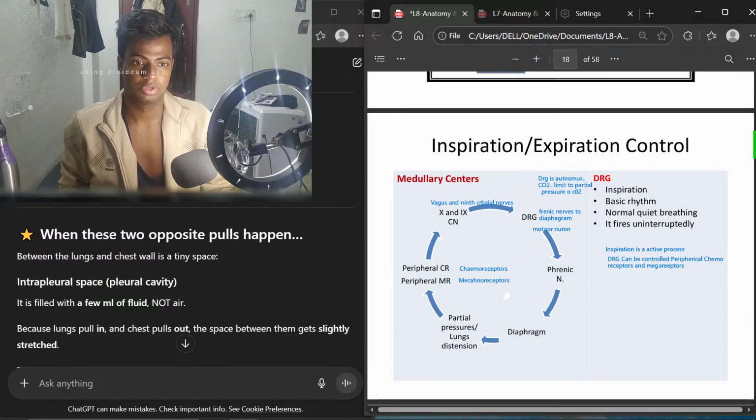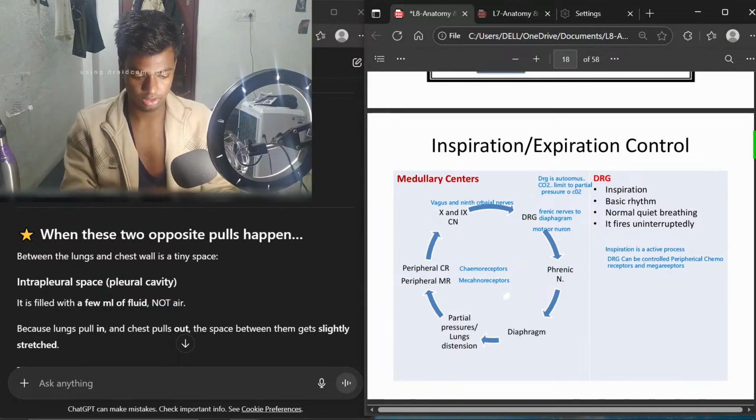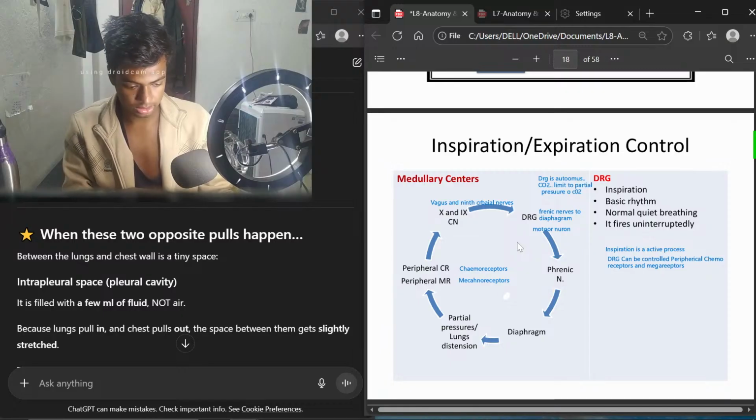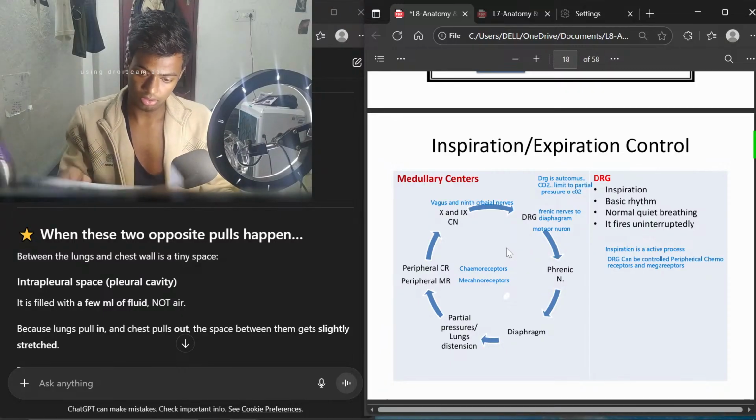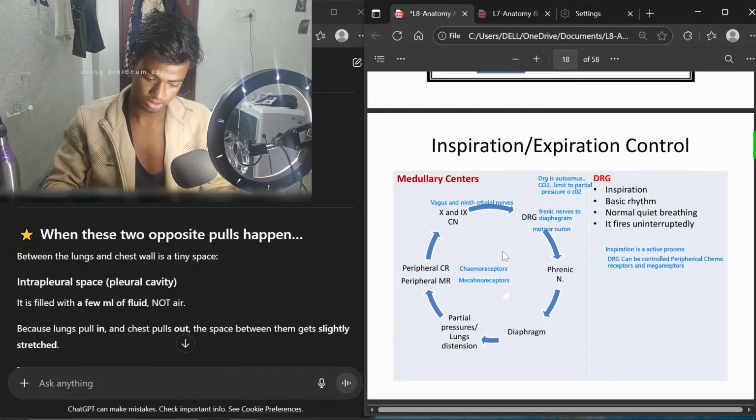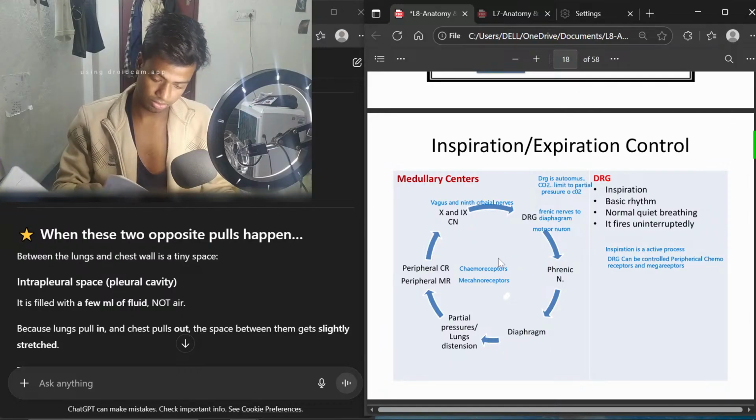So first, when we try to inhale, your DRG will fire. I've written down the whole process on a single page. Where is that? Couldn't find it. When we want